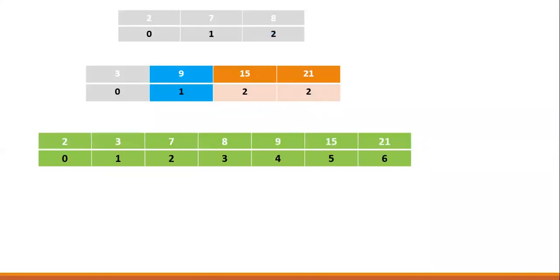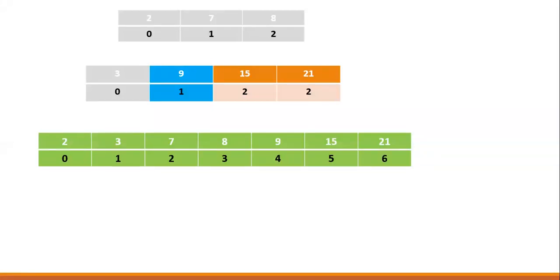Now, what we see, all the elements from the first array have already come, 2, 7, 8. And all the remaining elements of the second array were left. But because all the elements of the second array by themselves are already sorted, we can simply start putting them now. So 9, 15, 21. Okay, see, 2, 7 and 8 have come. Okay, 3 has also come. Left were 9. From 9 we have not moved forward because they were not added into the third array. Okay, but now array 1 is already over.